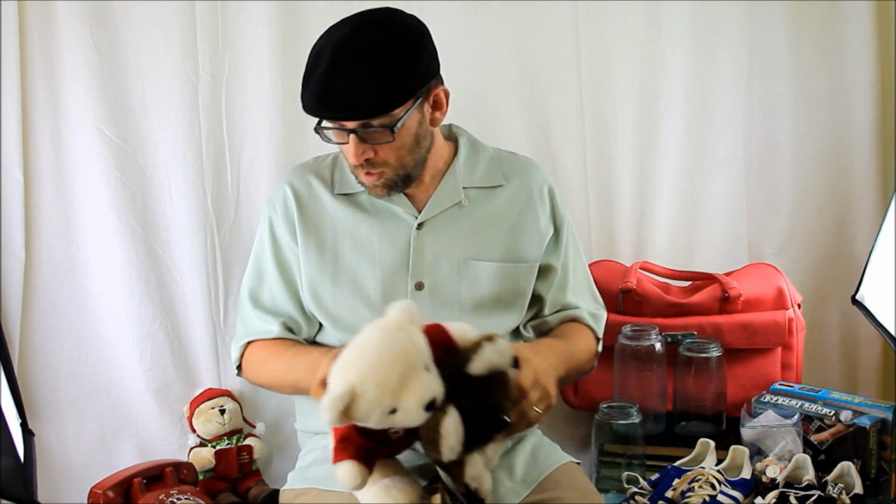Another thing that often gets overlooked at estate sales, garage sales, and thrift stores are old plushes, and even new plushes. This one being a 2000 Ralph Lauren Polo Bear. This one being a Dunkin' stuffed animal. This one here is a Starbucks Barista Bear from Christmas. All of these things you can pick up for literally less than $1 9 times out of 10, and they all will bring you back big returns on eBay. Next thing,